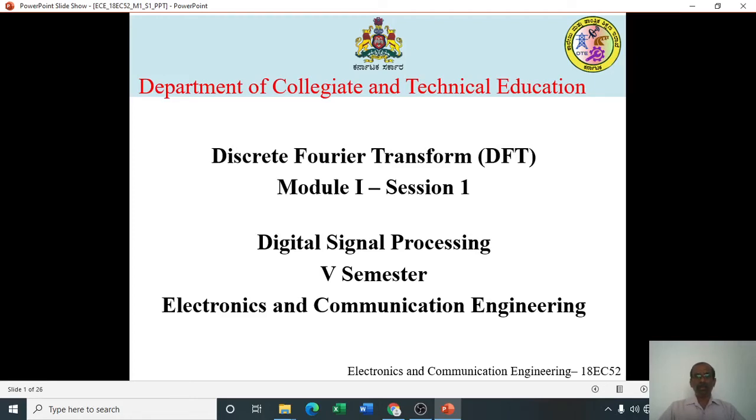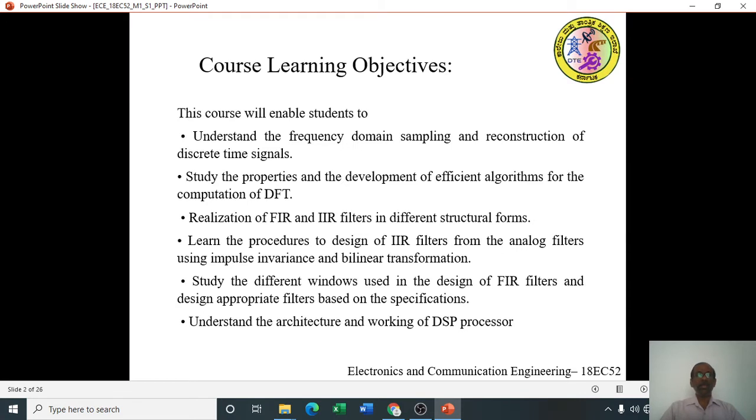Hello everyone. Today we will discuss Introduction to Digital Signal Processing followed by Frequency Domain Sampling, which is Module 1 in Digital Signal Processing for 5th semester Electronics and Communication Engineering. In this course DSP, Module 1 teaches you about frequency domain sampling: how do you convert continuous spectra to discrete spectra, reconstruction of discrete time signals,